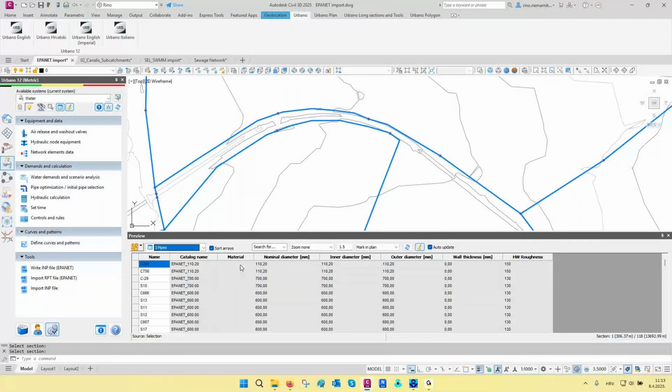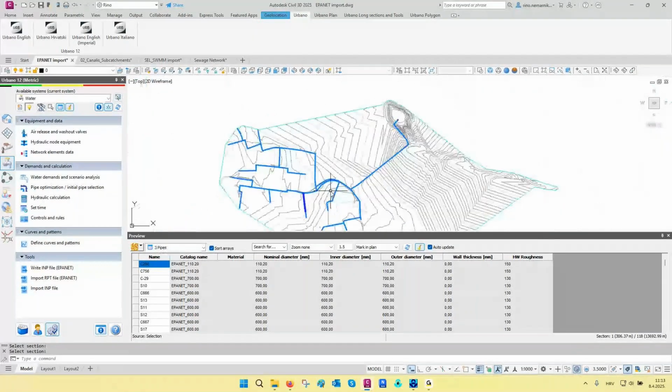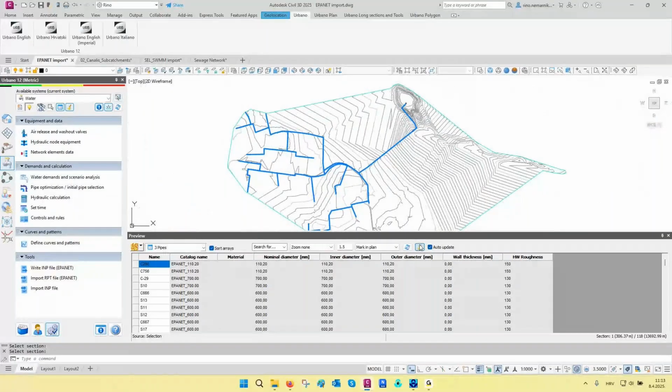We see we have no materials and all the wall thicknesses are 0, and all the diameters, so nominal inner and outer diameters, are all the same value. That is because in EPANET we only have the inner diameter data. But now if we would like to achieve the connection with the real pipe catalog, we can do that by